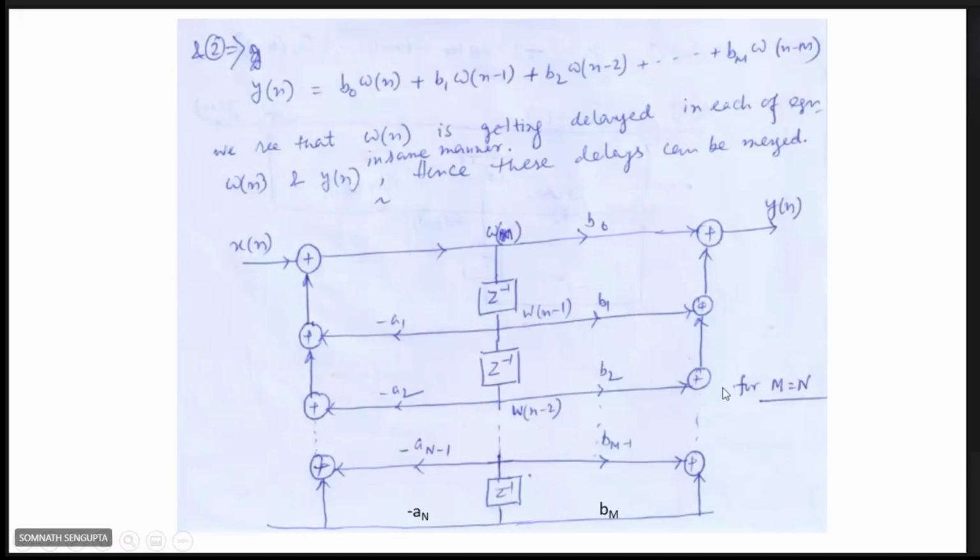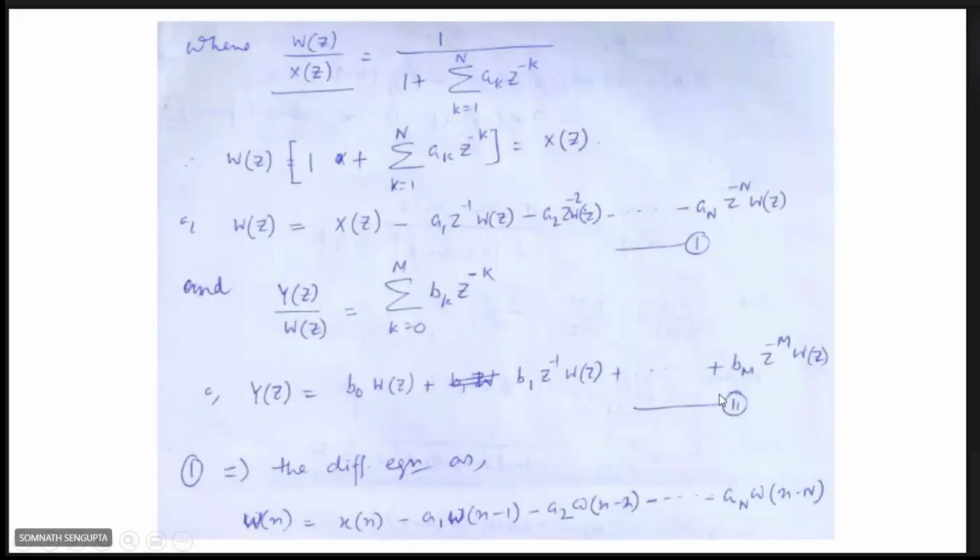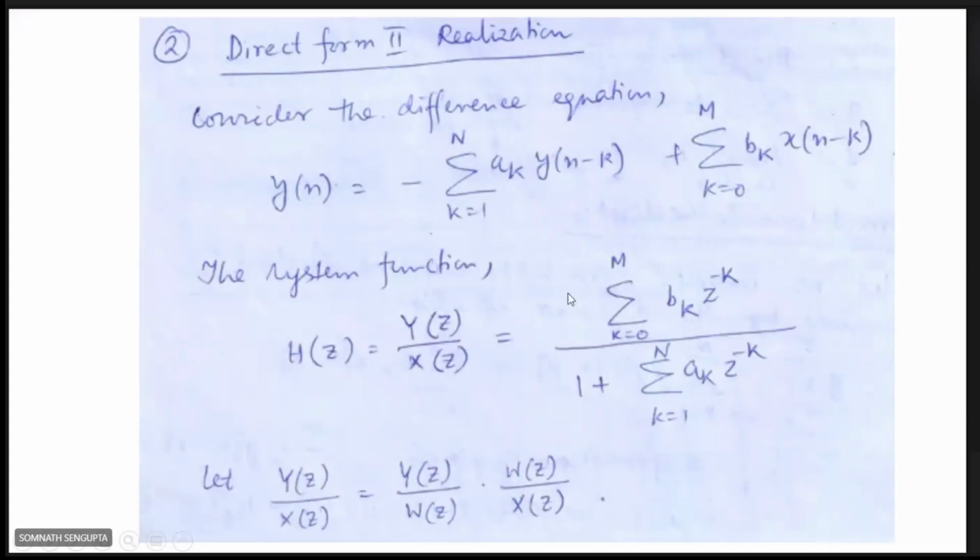So this can be correlated with the transfer function. Okay. Your transfer function is this: b0 z to the power 0, that means 1 times b0, plus b1 z inverse, plus b2 z to the power minus 2, plus b3 z to the power minus 3. These are all present in the numerator. Okay. And you can see that Y(z) is in the numerator, and all the b coefficients